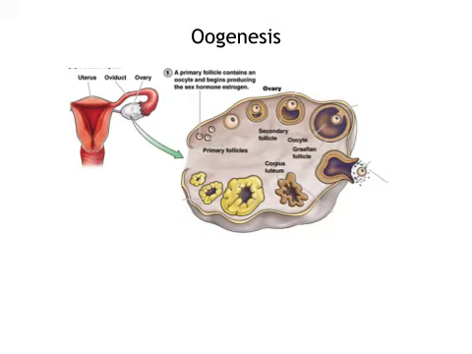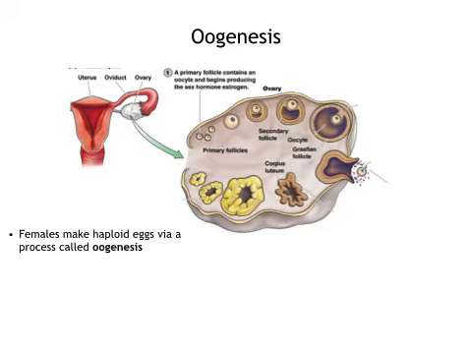So now let's look at how females produce their gametes. And they do this via a process called oogenesis. And this is similar to how males make sperm, where you go through 2 rounds of cell division, 1 round of meiosis, right? And the interesting thing about